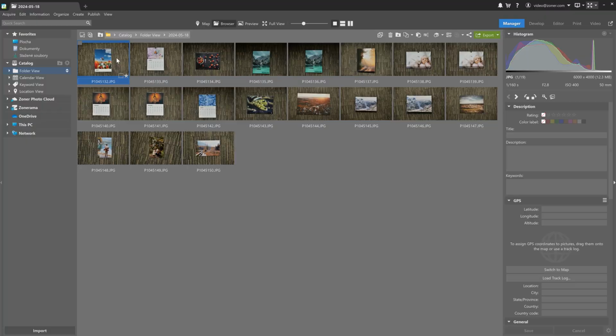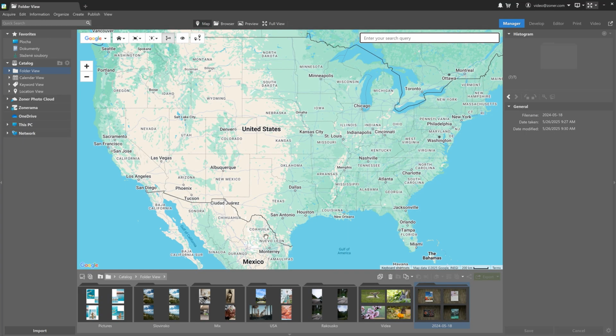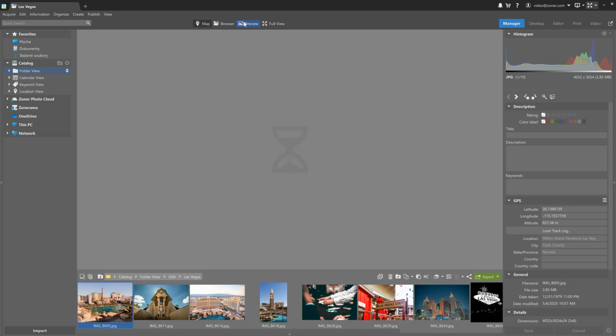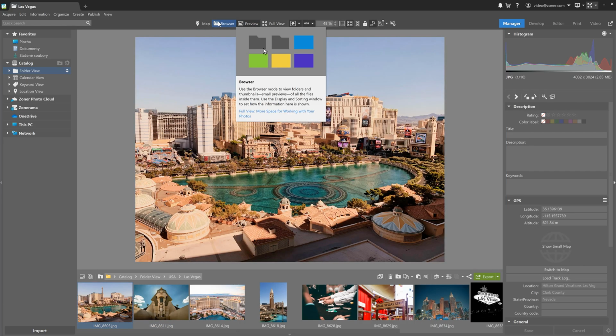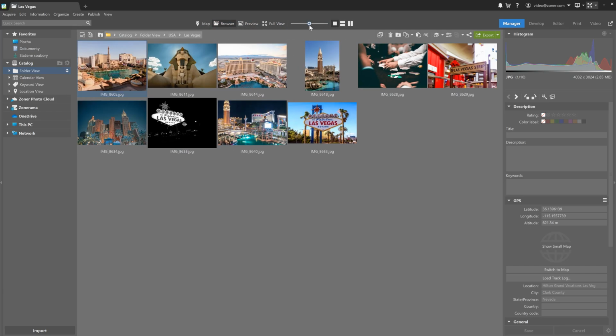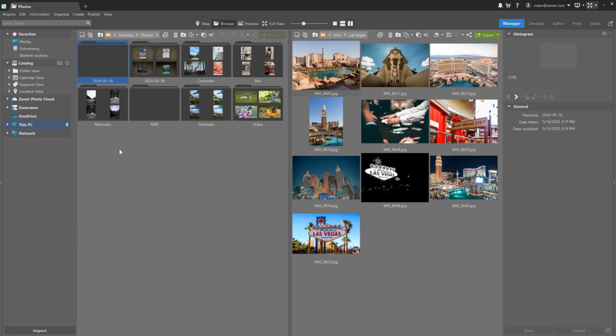Alright, so your photos are imported and your folders open in the catalog. What next? I'm currently in the browser here in the center section, and you can see the open folder and any subfolders with your photos. You can also switch to Map View to view photos with assigned locations, or to preview for a closer look at your selected photo. But let's stick with the browser for a moment. You can adjust thumbnail size using this slider and choose between different layouts. One browser, two browsers, stacked, or two browsers, side by side, etc. This is super useful when dragging photos between folders. Just grab your photo and then drop it in.